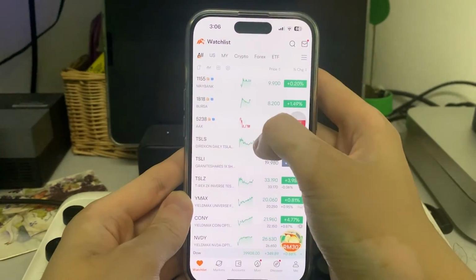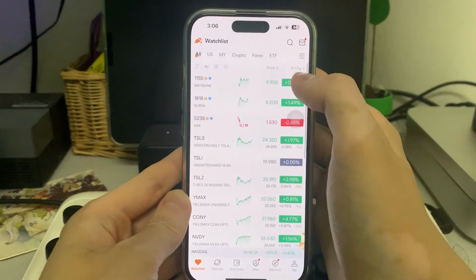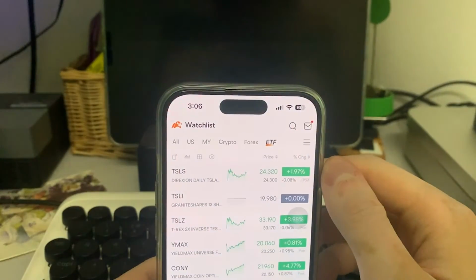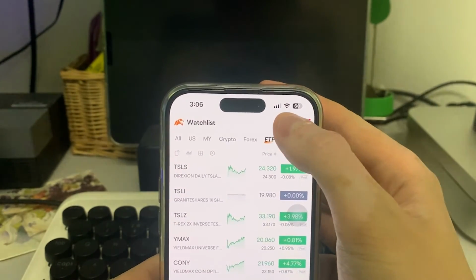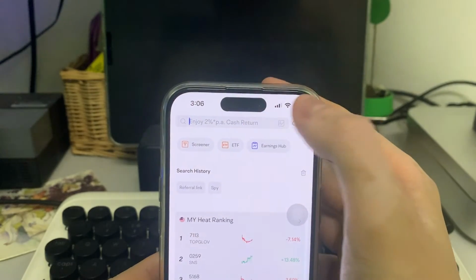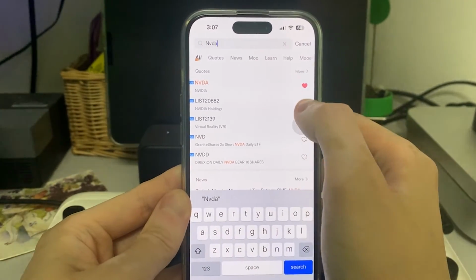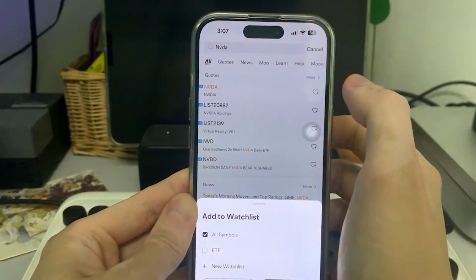So in the watch list here, up front on top is our watch list groups. To edit a watch list, you can tap the burger icon on the top right or edit list below. Then in the search bar on top, you can search for any stock easily. So here I'm going to search for NVIDIA. So I'm going to put in the NVIDIA ticker symbol, NVDA. And then it will bring down a list of stocks. So here you can just easily add the stock to your watch list by tapping the heart icon on the